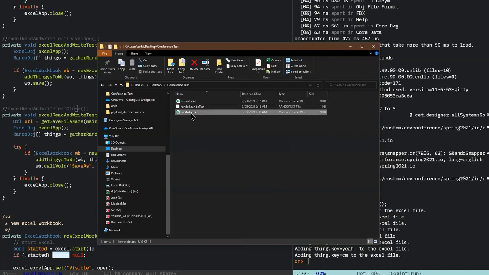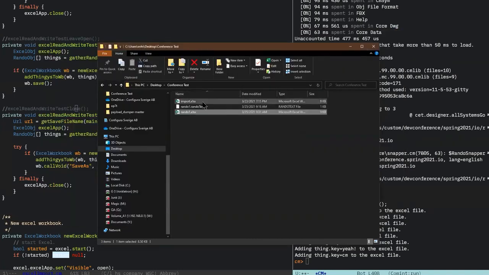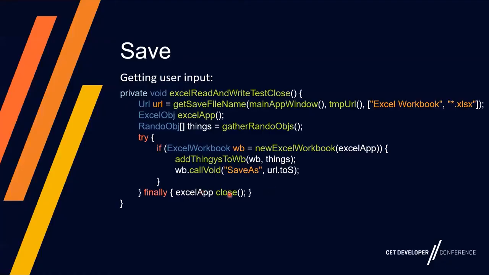Now come back over here, open this up. They're all there. And you'll notice Excel didn't open, didn't flicker. Nobody knew that Excel was being used. So the next bit,